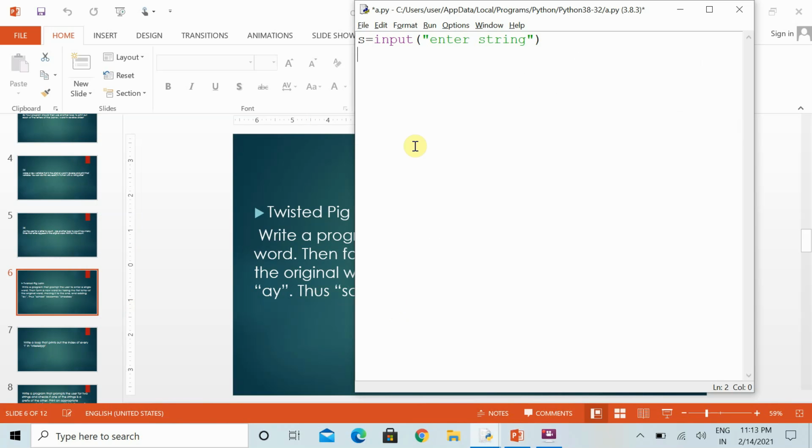That means whatever we are taking from the user, we have to put the first letter at the end of that word. Instead of starting from 0, we are starting from the first position, and the first letter we have to put at the end of the word, and after that we have to add AY.